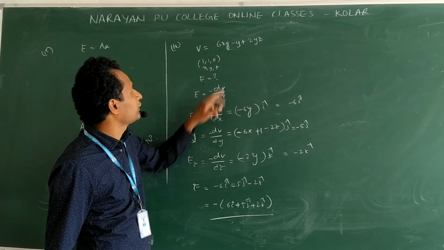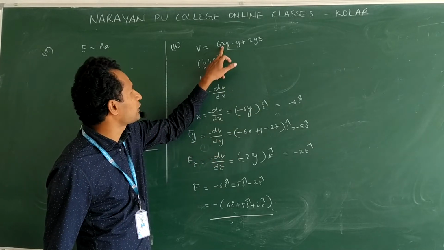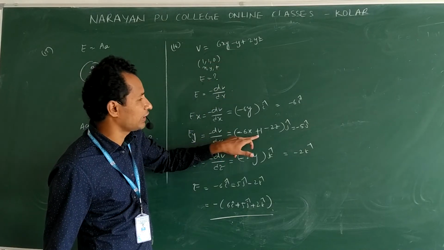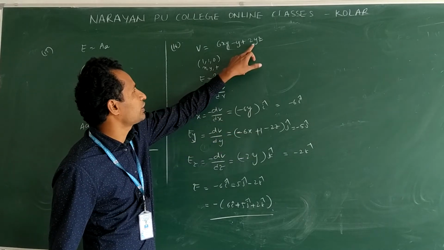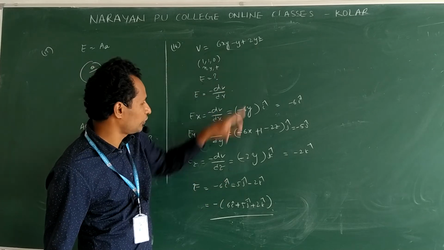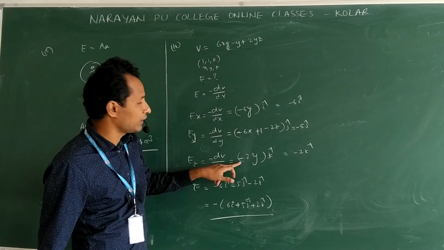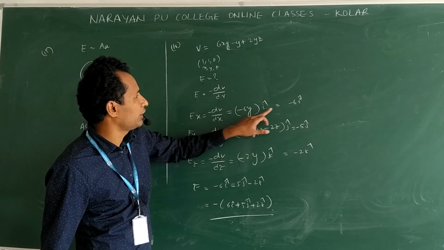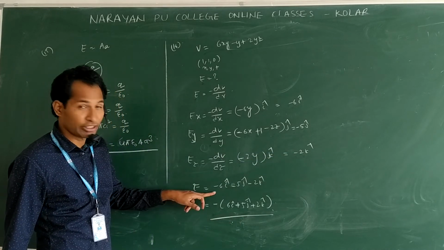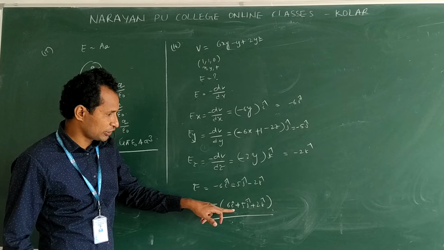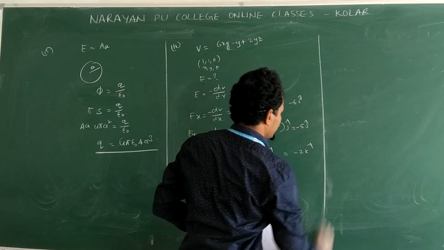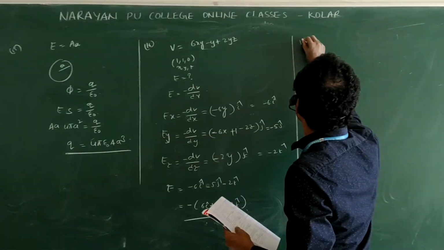Next, with y. In all the terms y is there. So 6xy differentiation gives 6x. Here we will get minus. Here minus is there, we will get plus. Differentiation of y is 1. Differentiation of 2yz is 2z, j cap. Similarly for z we have only one term, we will get 2y. Here plus is there, we will get minus. At the given point, substitute here and we get 6i minus 5j minus 2k. All together, write down, take minus common. Then we will get 6i plus 5j plus 2k. Next, 17.